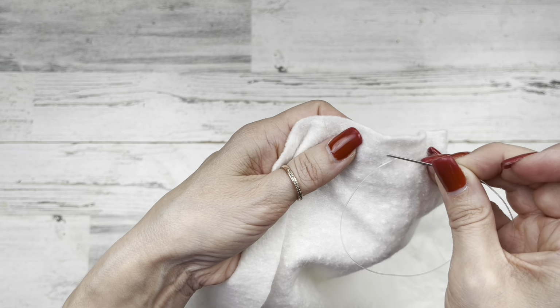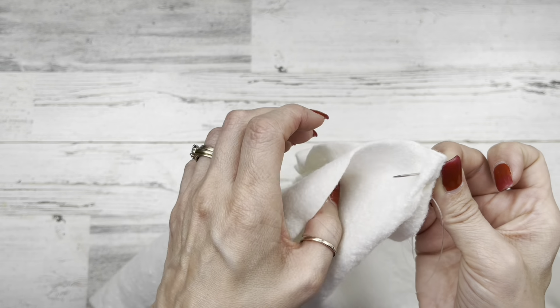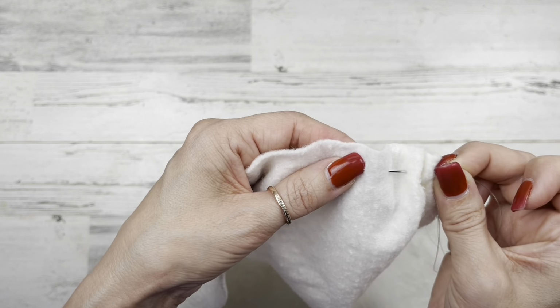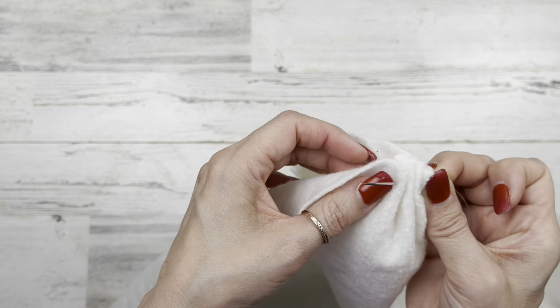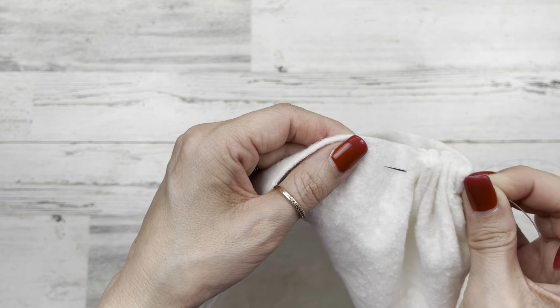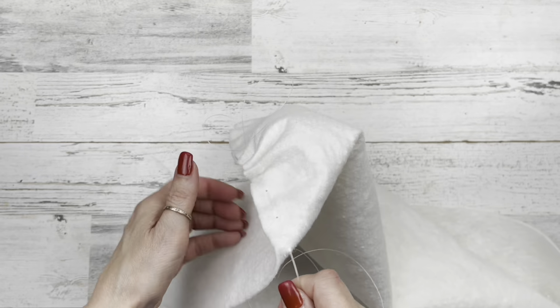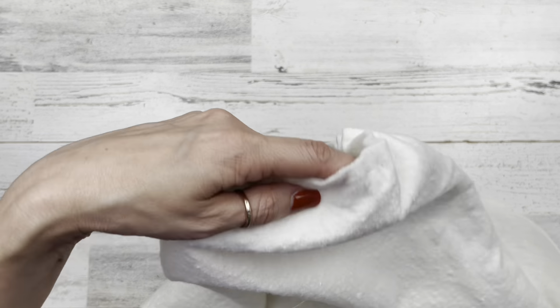Same process, front to the back. Just like that. Front to the back to the front to the back to the front. Say it with me now. You can do it. When you get enough on there, pull it all the way through and continue this process all the way around